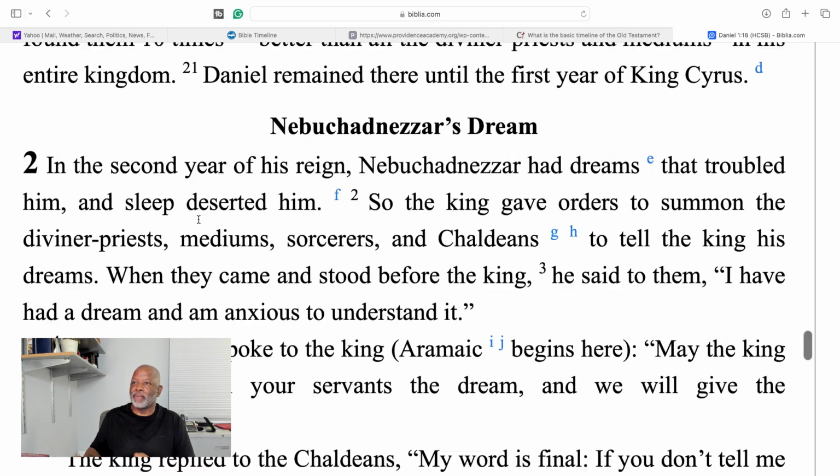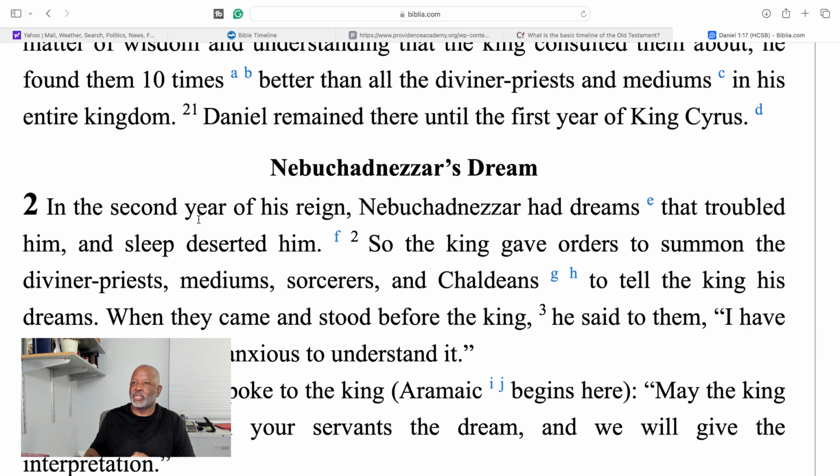Here it is, chapter 2. Now, remember we said that in verse 21, Daniel remained there, meaning his position. He was deported, and remember, he was given food to eat. The food he was given was to prepare him for service. He had to look a certain way. These men were very chosen to serve only the king of Babylon. And again, these men were eunuchs, so they didn't get married. Marriage was not in their cards. But the wisdom and revelation and knowledge that God gave Daniel, astounding.